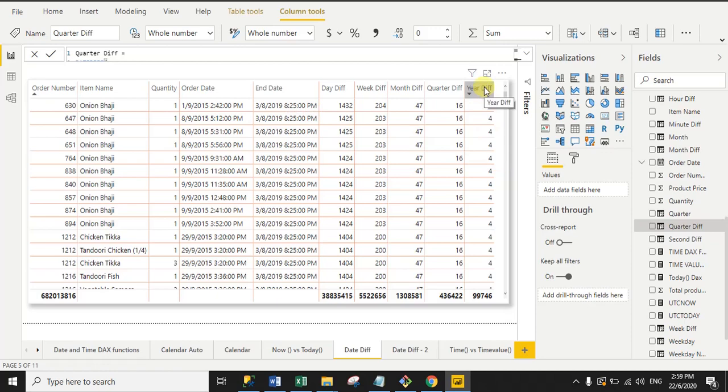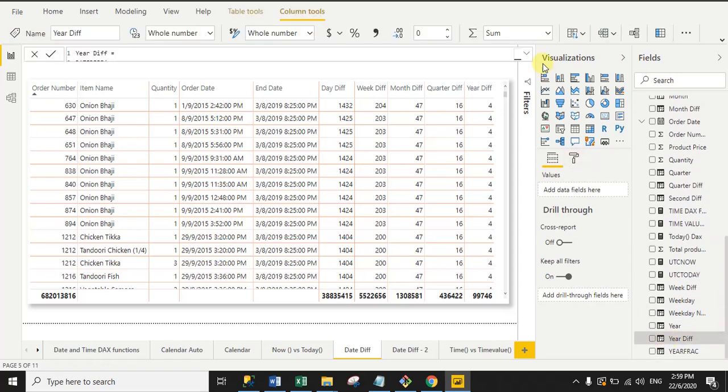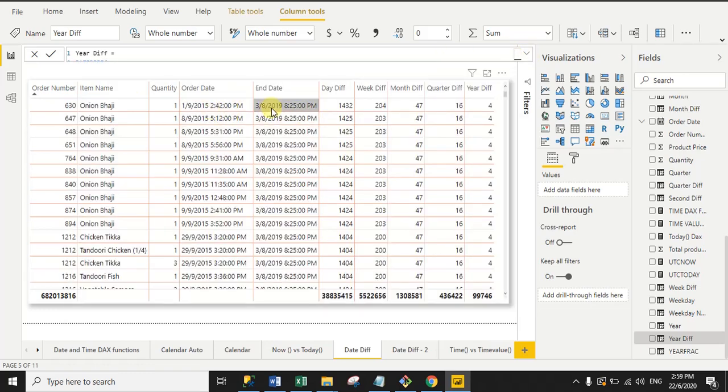Now we will get the year difference on the basis of two dates. So create a new column, and then write the DAX function for year difference. Year difference is my column name, you can see here, and then write the DATEDIFF function. Open the bracket, first argument pass the start date, in the second argument pass the end date, and in the third argument pass year. So it will return the count of date difference on the basis of two columns, right? So hope you are clear how you will get day difference, week difference, month difference, quarter difference, and year difference from two dates using the DATEDIFF DAX function, right?